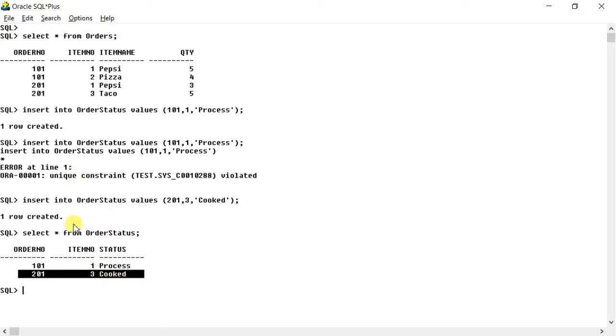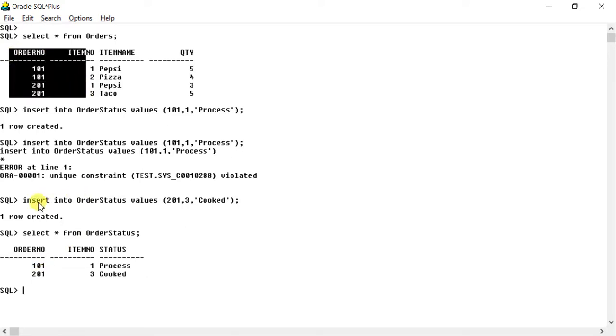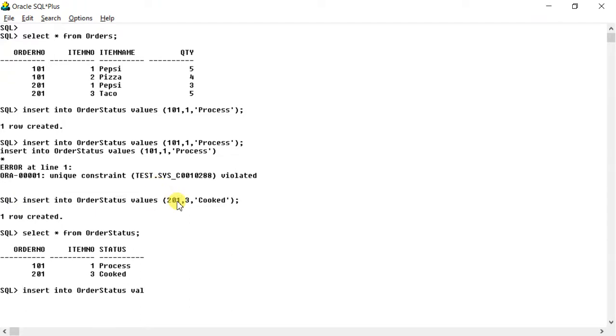Now let us try to insert a wrong value which is not present in the orders table. Let me insert maybe 301 comma 1, or anything else, let us say delivered. Okay, cooked.